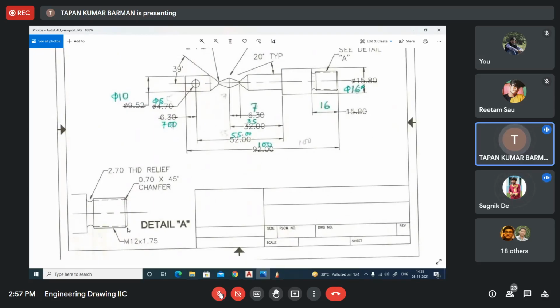Another thing you may do, you know 12 millimeter, 12 into 0.85. That should be the diameter of this one from here to here. So in both ways you can do it. There is no problem. Understand? Okay, sir. Any other confusion?